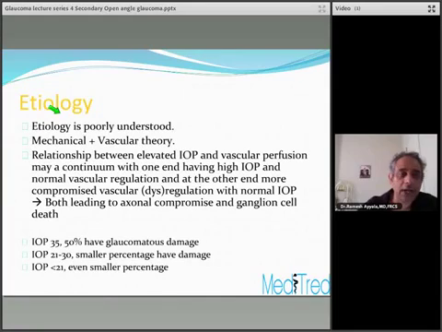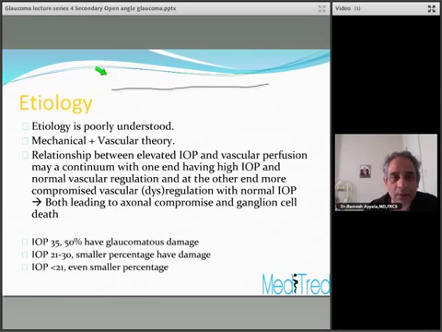Now coming to the etiology, it is poorly understood. Mechanical and vascular theories, we have gone through these theories in the past in our first lecture, I think. The one thing that we have to stress here is if you think that the glaucoma is a continuum, on one side is IOP,